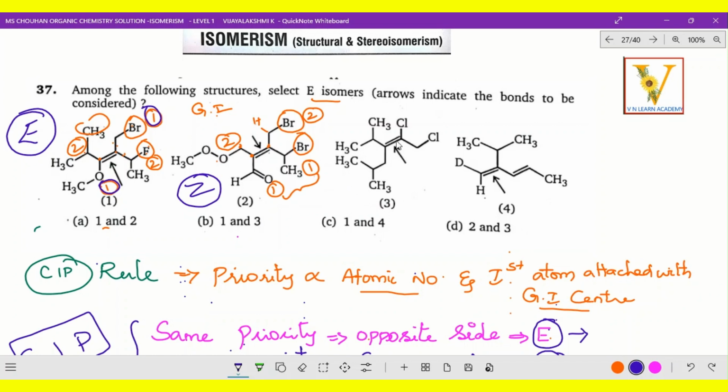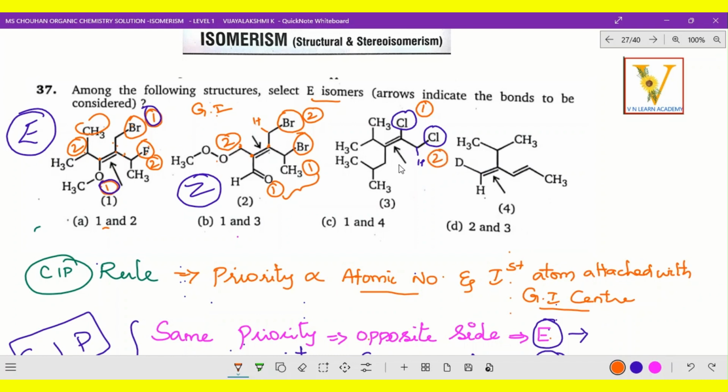Now the arrow mark is here, double bond. So Cl is there, and here also Cl. Now whom will you give the priority? This Gi, first atom which is attached over there. Here also Cl is there, here also Cl is there. But here carbon is connected, but it is the first atom directly attached there. So naturally you will give priority 1 over here, and here you will give priority 2. I hope you got that idea.